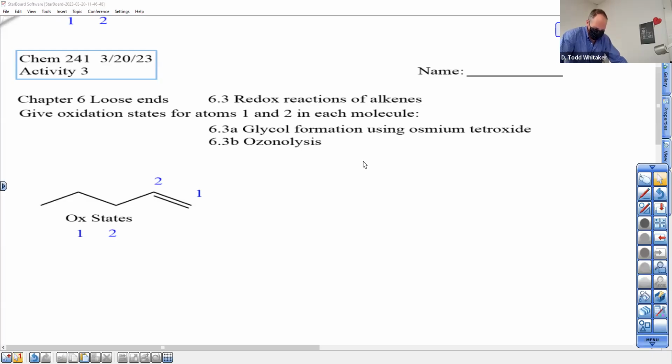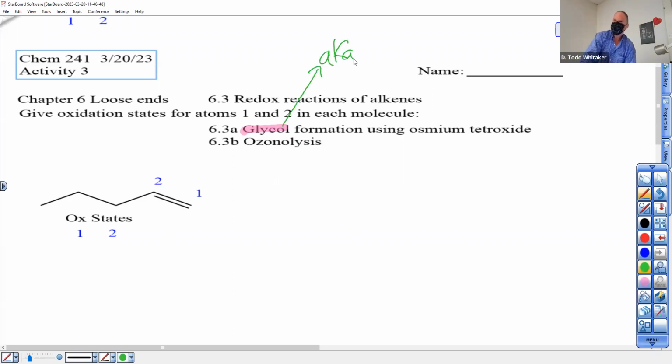We're back. The final activity for chapter 6. We're going to talk about glycol formation. Glycol, aka, first of all, what's aka stand for? Also known as